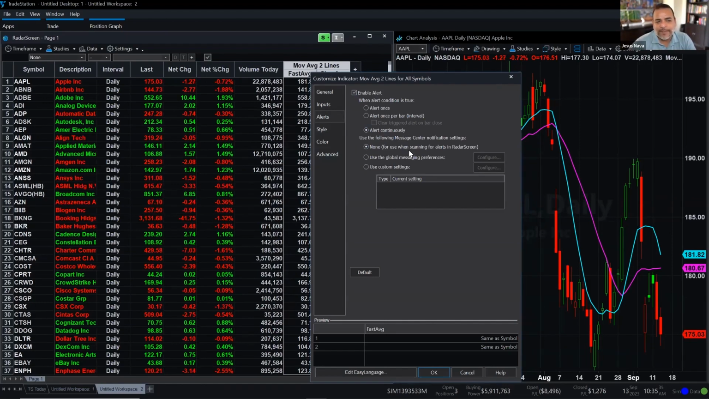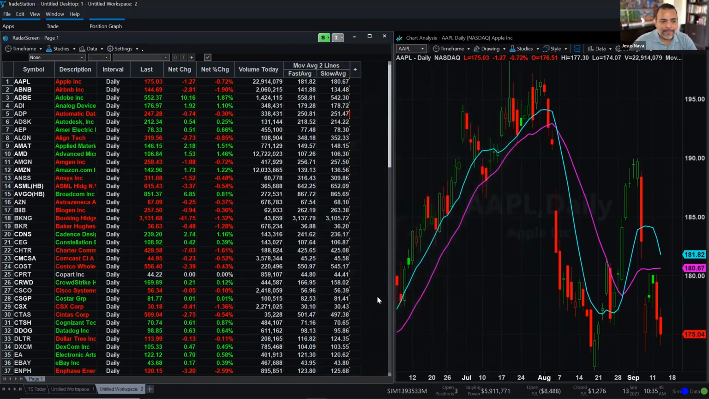So most of the time when I'm doing radar screen alerts, I do them as visual. I don't want to get any sounds. So it says right here in parentheses, for use when scanning for alerts in radar screen. I'm going to click OK. And something interesting happened here in my column. I'm not sure if you're able to see those little orange corners, but what I'm looking for is the red markers. You see there's one row that has a red marker. The red marker tells you that there's a real-time alert on that symbol. That symbol is